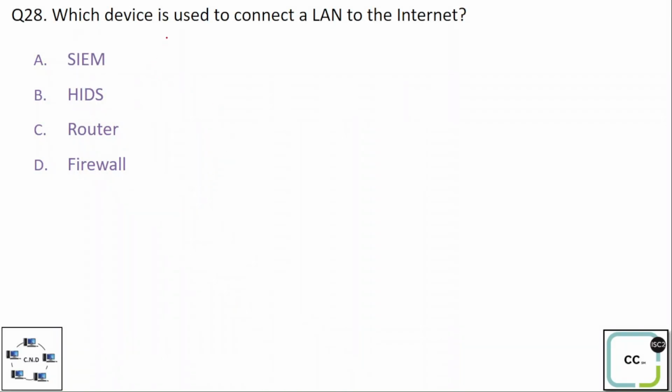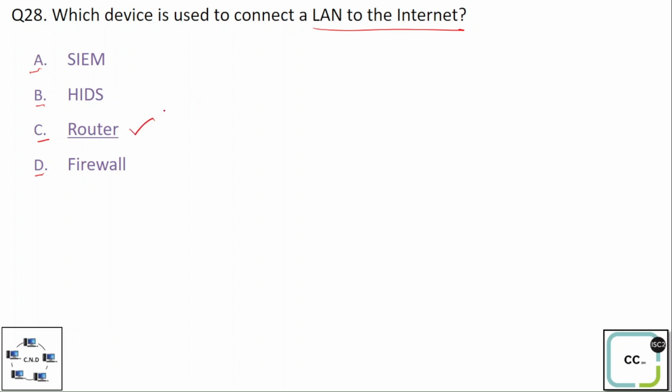Question number 28. Which device is used to connect a LAN to the internet? So LAN is the local area network. How do you connect the local area network to the internet? Which device is used to connect a local area network to the internet? Option A, SIEM, that is Security Information and Event Management. Option B, HIDS, that is Host-Based Intrusion Detection System. Option C, router. And option D, firewall. And the correct option is